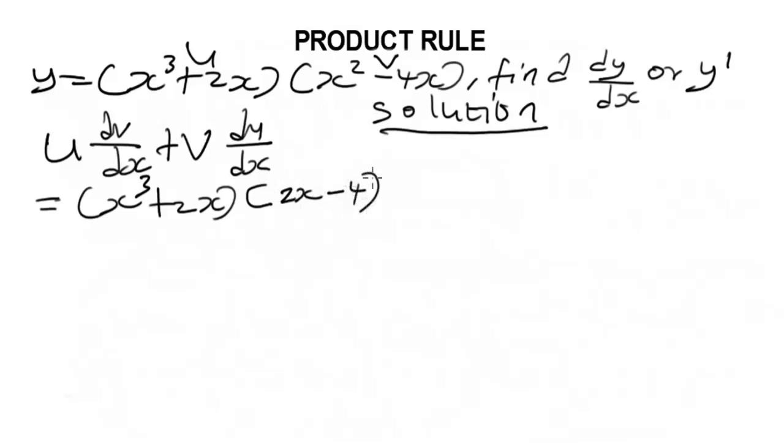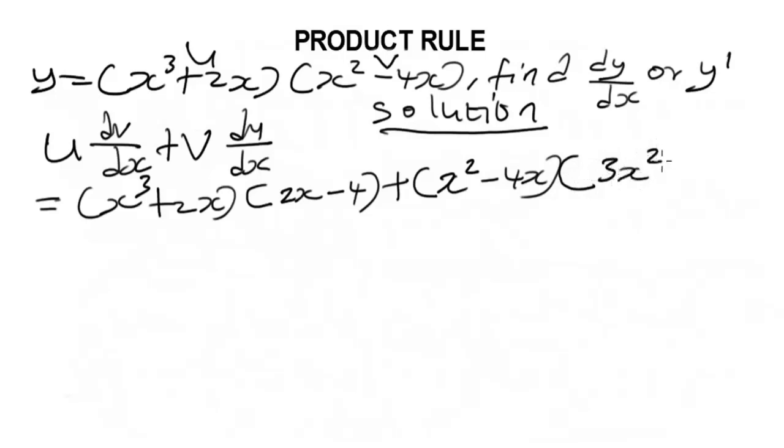That's what you're going to have, guys. Then plus, this time around, leave v in brackets x squared minus 4x. Then differentiate u, du over dx. That's what it means. So when we differentiate the values in u, we're going to have